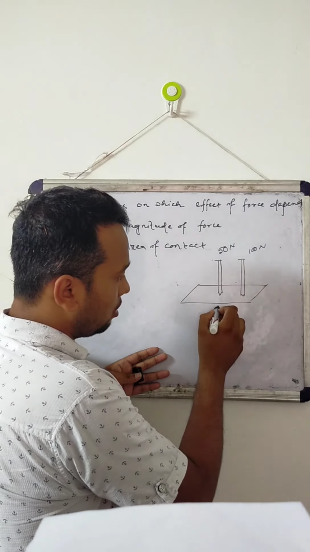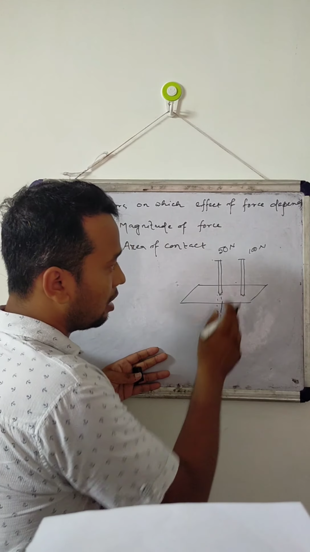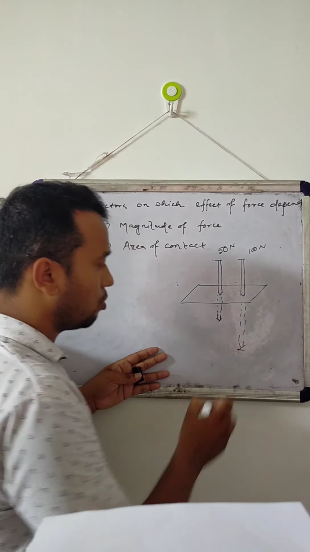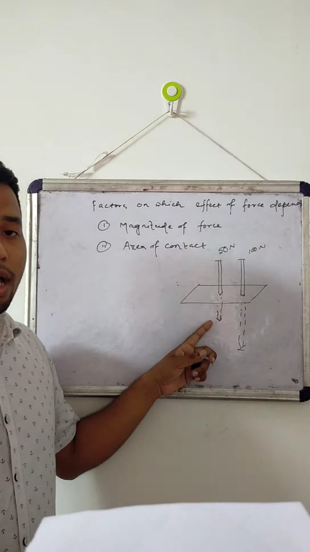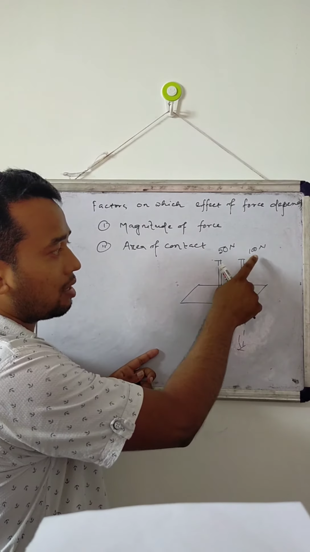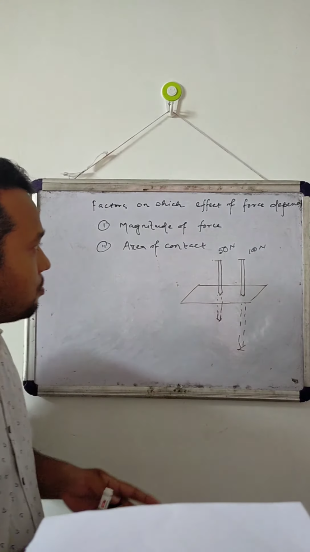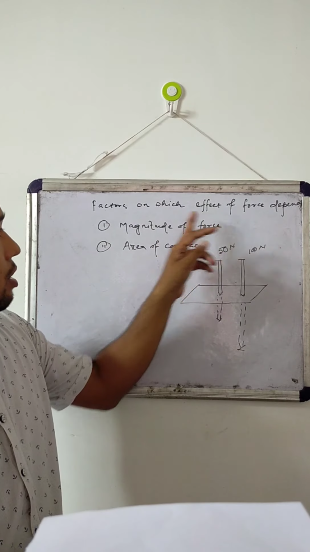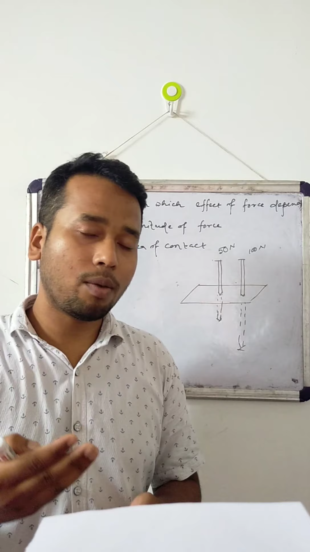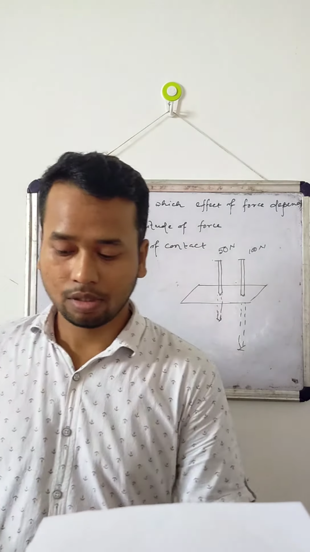if this iron nail is coming to this point, then this iron nail will move or insert more in comparison to this iron nail, because in this case we are applying greater force, 100. So that means this effect depends upon this factor, magnitude of force. So जितना फोर्स हम लोग ज़्यादा अप्लाई करेंगे उसका इफेक्ट भी उतना ज़्यादा मिलेगा हम लोग को. ठीक है.